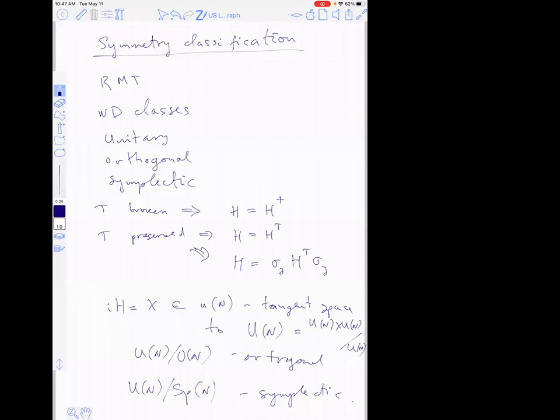And it's been known for a long time that if you are thinking about a metallic grain of small size, then for the extended wave functions in this grain, there's a level repulsion phenomenon. And this is exactly analogous to the usual zero-dimensional random matrix theory, right? So you can model these grains by zero-dimensional sigma models.